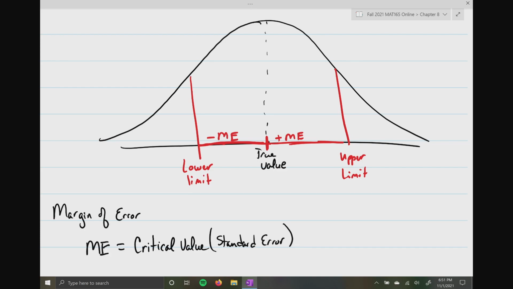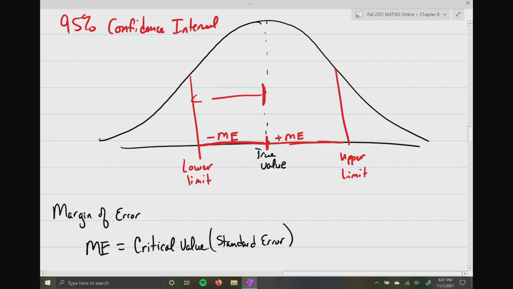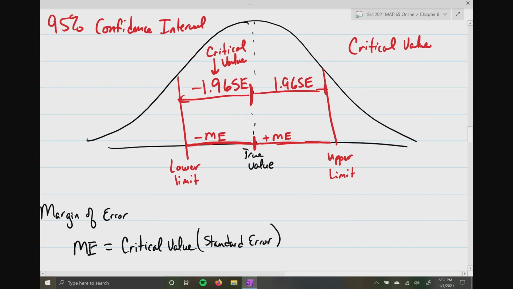So if we were concerned with a 95% confidence interval, then what we would say is the margin of error is negative 1.96 to the left, positive 1.96 to the right, times the standard error. Now, if you're asking yourself, what in the world is this 1.96 stuff, this is what we call our critical value. And let me write it off to the right here. Our critical value is going to be equal to